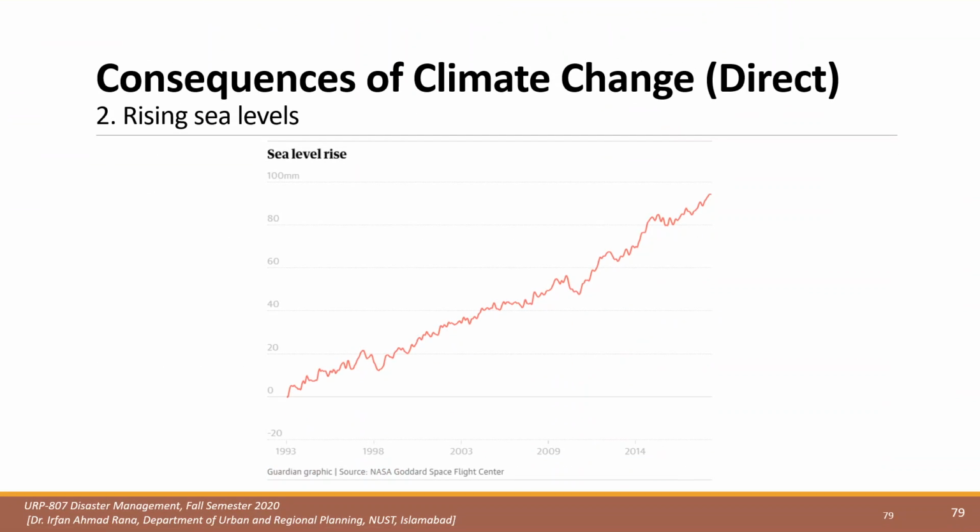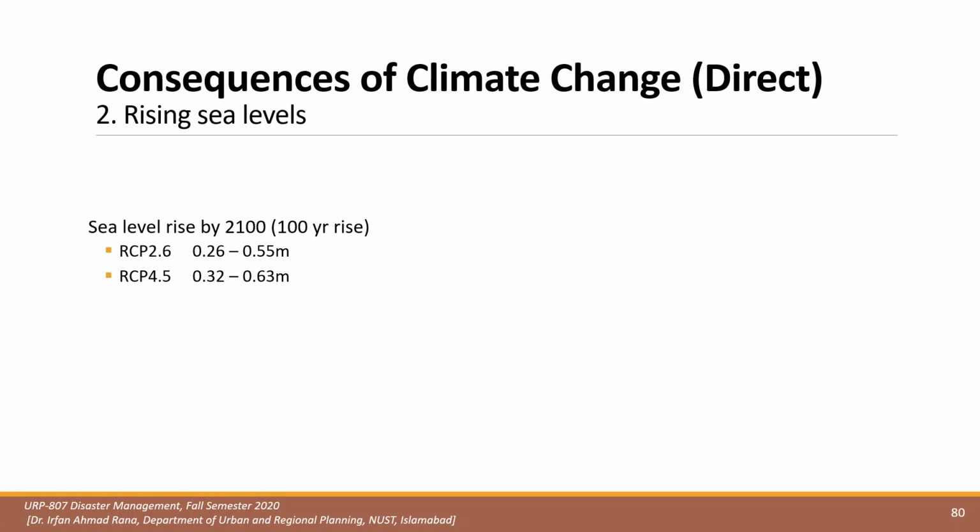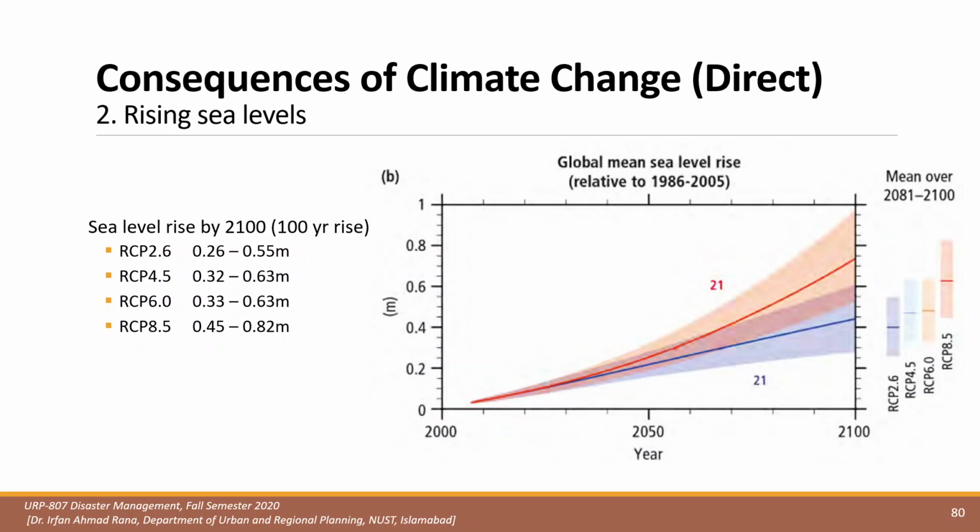Now, the second most direct impact would be the rising sea level, probably due to the increasing heat and the melting of ice in the Arctic region that is contributing towards rising sea levels. So depending upon different scenarios, the representative concentration pathways of carbon emissions,